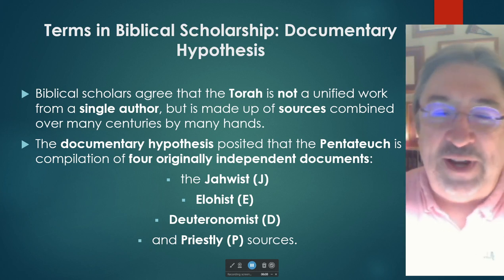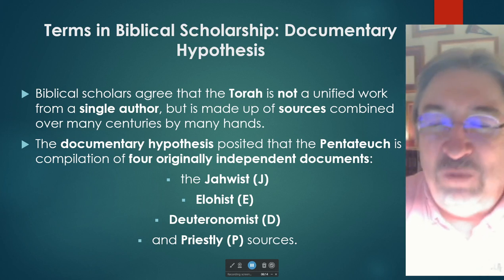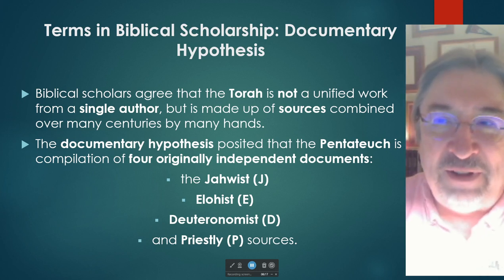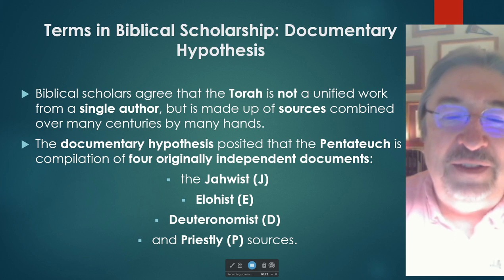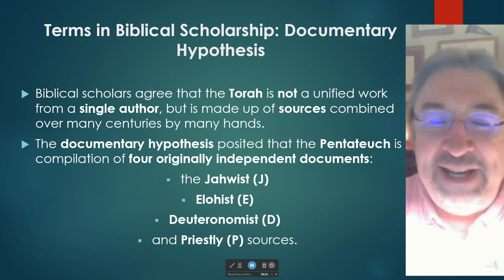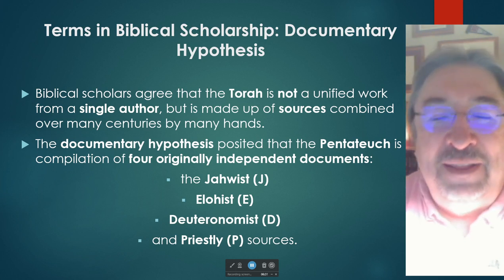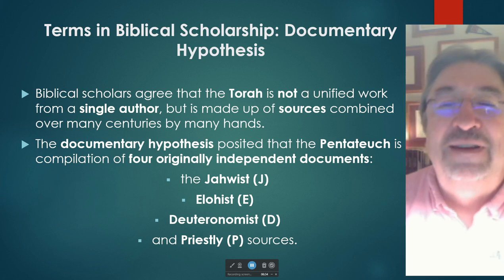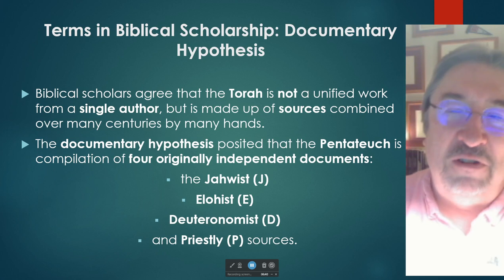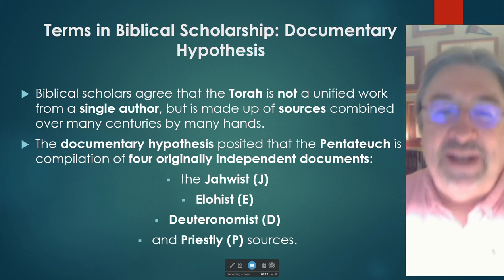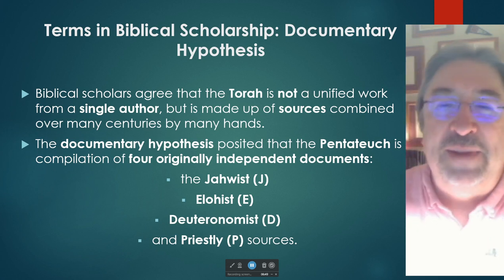Okay. These 4 documents are the Yahwist, which we typically designate by the capital letter J, the Elohist, capital letter E, the Deuteronomist, capital letter D, and Priestly, capital letter P. These are all sources for the Pentateuch. Okay, the Yahwist source, the Elohist source, the Deuteronomist source, and the Priestly source. So keep those letters in mind, J, E, D, and P, because that's what the documentary hypothesis